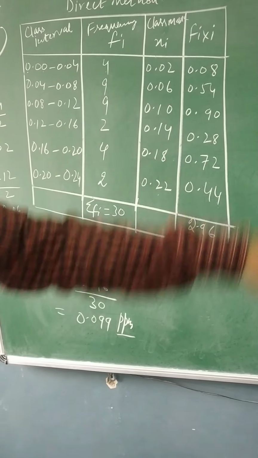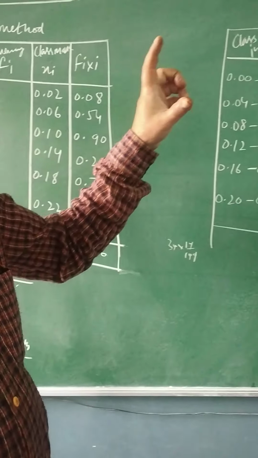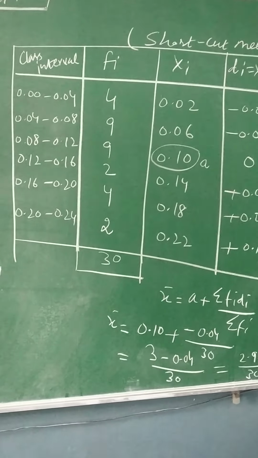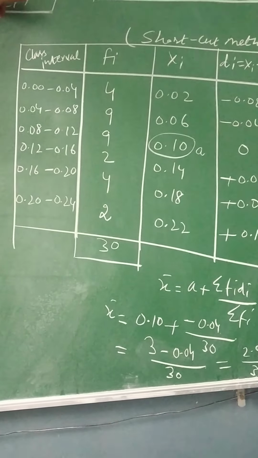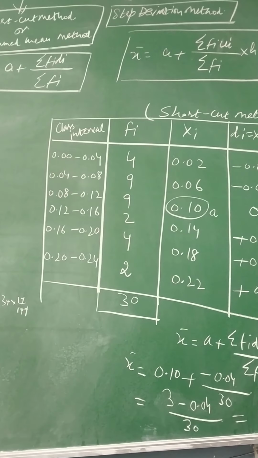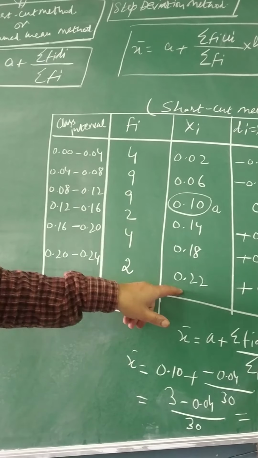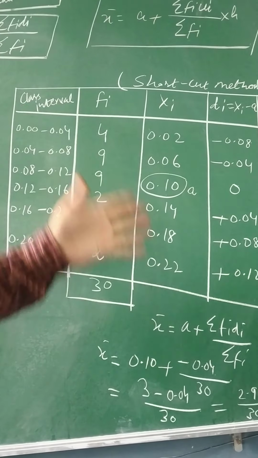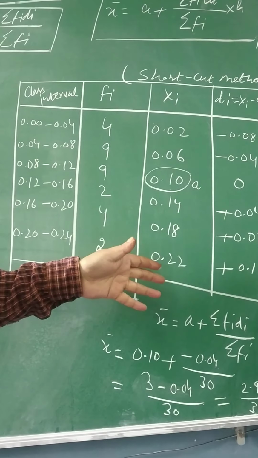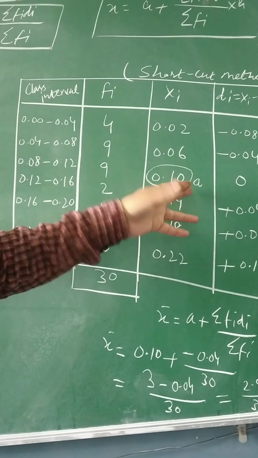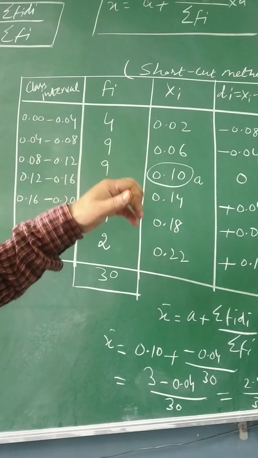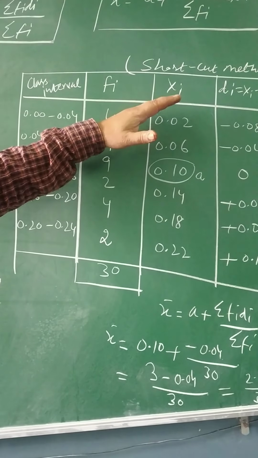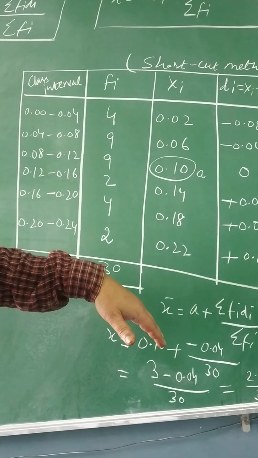Now let us see what we have to do in the shortcut method. Please see, the first, second and third columns are the same as what we did here. I said this is also called the assumed mean method. So what you have to do extra here is, once you have written the class marks, you count 1, 2, 3, 4, 5, 6. Not necessarily will it be an even number or an odd number. So when it is even like this, 6 divided by 2, you can take the third. If 8 are there you can take the fourth. If 10 are there you can take the fifth. If an odd number is there, suppose it is 7, then 3 you set to the upper part and 3 to the lower part.